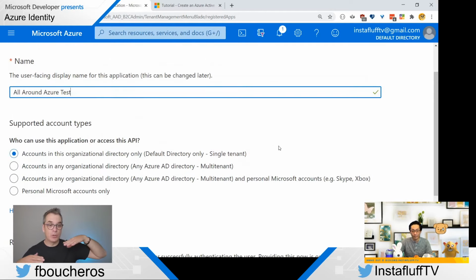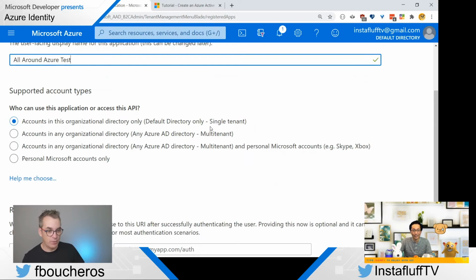The other one could be, for example, if you're using your own company, so you have your own login when you arrive on your PC, but I want to give you access to my company stuff, so then I could use that one. And the last one is like when you just want people to get identified, like everyone can log in, but they must be authenticated. So then you're using the one where you could use Skype, Xbox, and all the others if you want, all the personal ones.